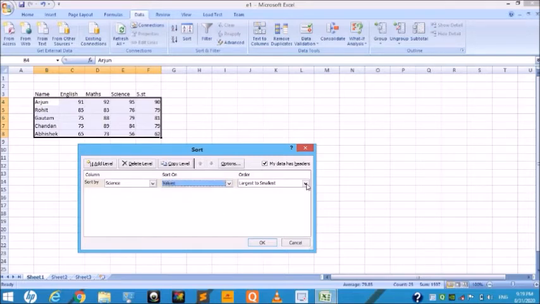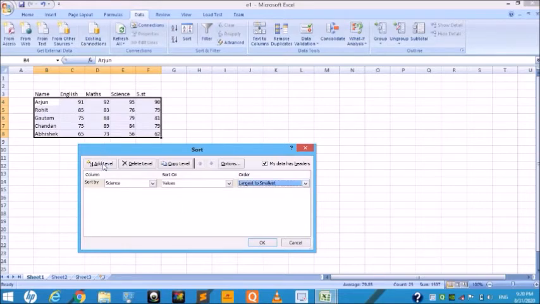Then in the Order drop down list, you can choose the order you need. It can be A to Z or Z to A for a text field, and smallest to largest or largest to smallest for a numerical field. So I choose largest to smallest.